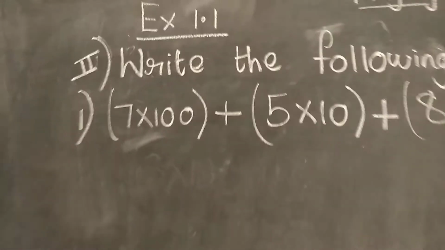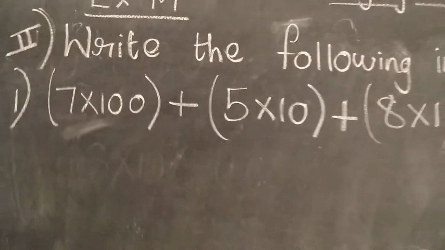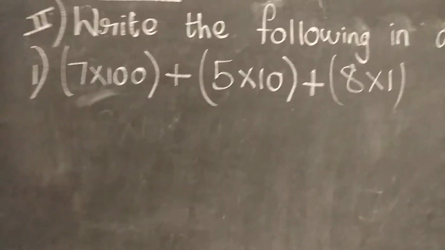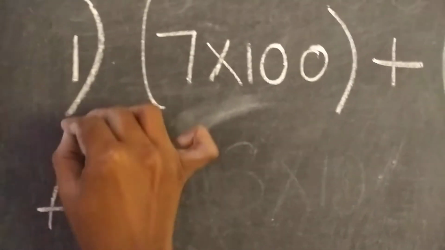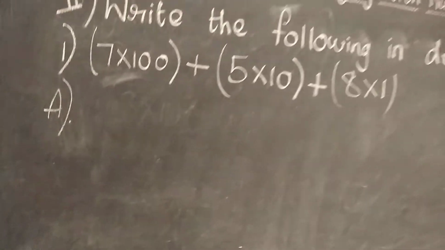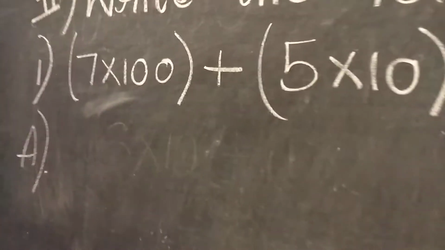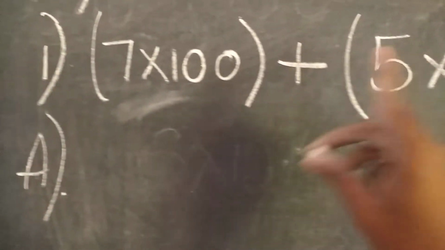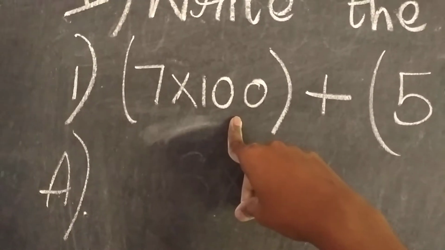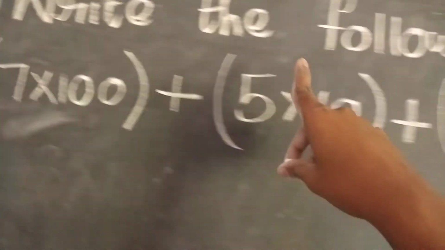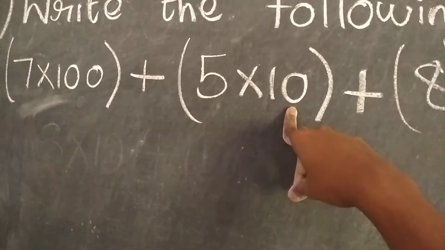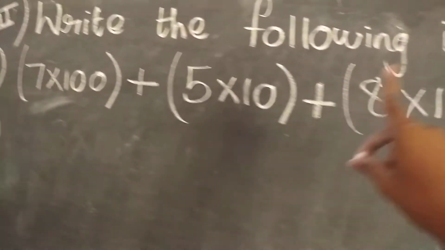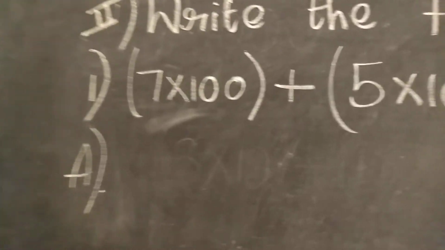Okay, fine. So they have given a generalized form, 7 into 100 plus 5 into 10 plus 8 into 1. Before writing in the decimal form, you have to check one thing. That is, you have to check whether all the places are correct. In the sense, look here, we are having a 100 place. After 100 place, we are having a 10th place. After that, we are having a unit place. If it is in the correct order, then only you can write the number as it is.